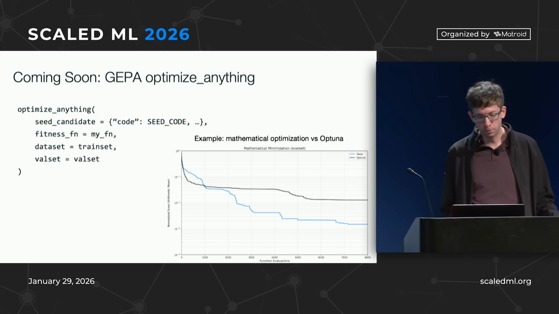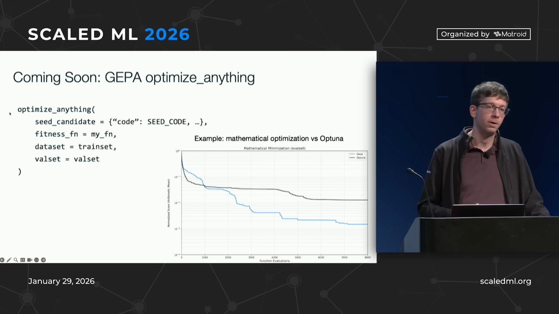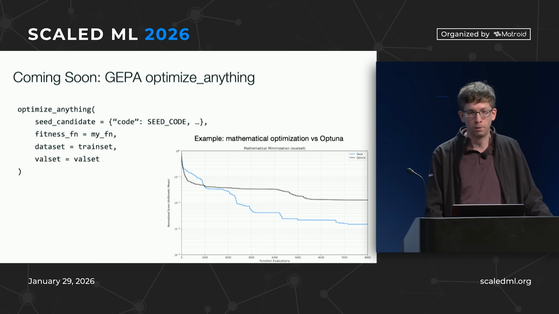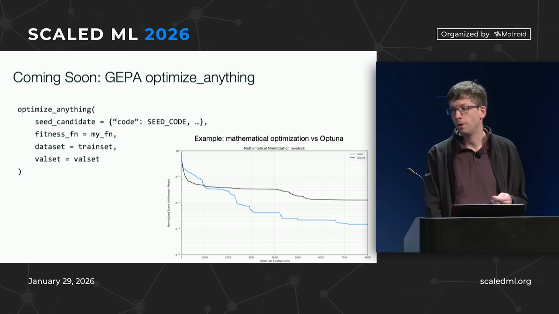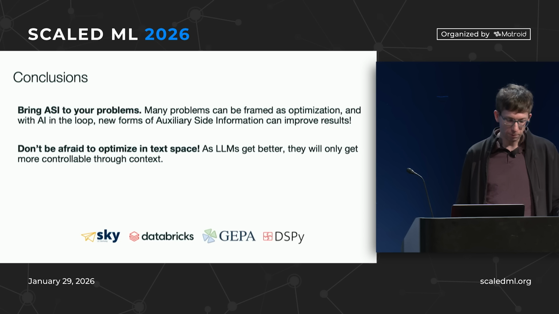So we're actually soon releasing an API called Optimize Anything that makes it easy to plug in any function basically into JAPA in any format of parameters and try this out. I'm very excited about this area because you can frame a lot of stuff this way, a lot of AI coding, but many other things as well. And I think people will figure out what they can do with it. So that's mostly what I wanted to talk about.